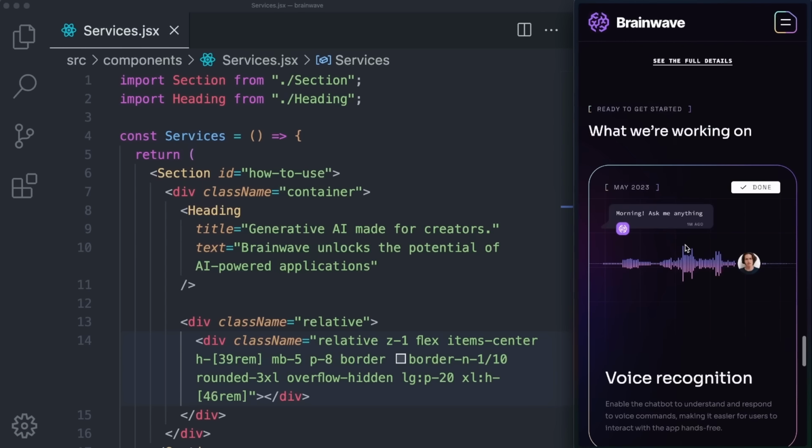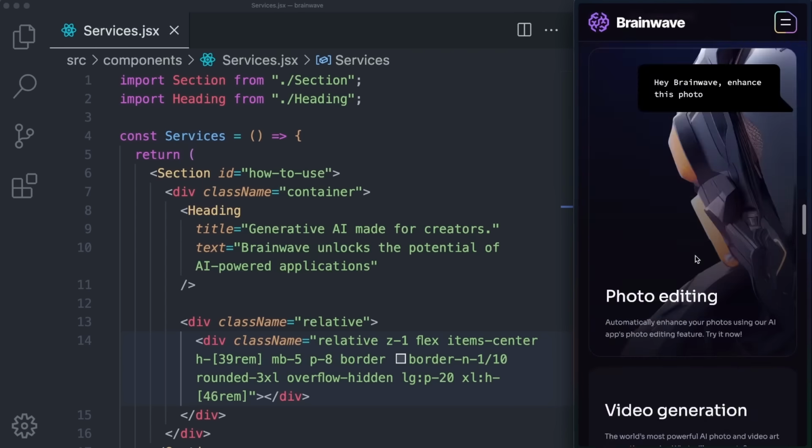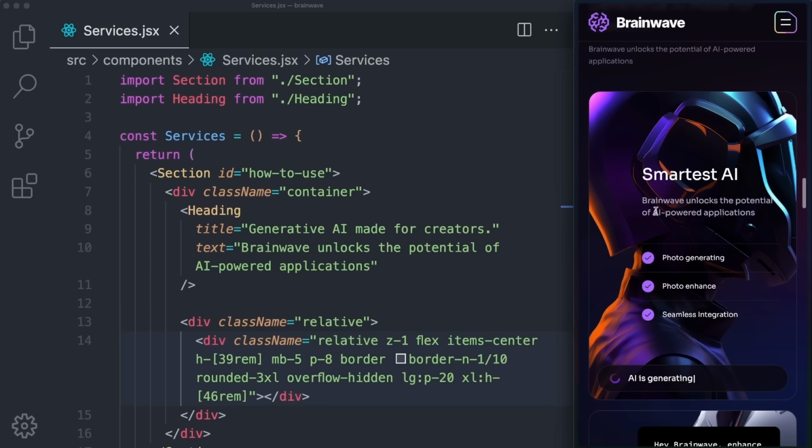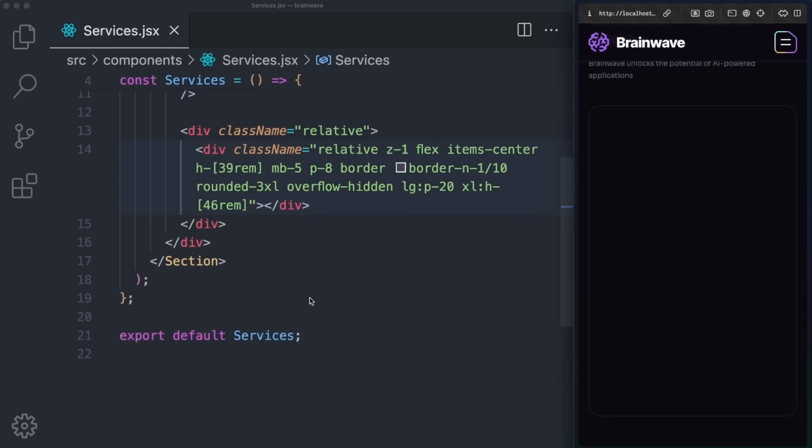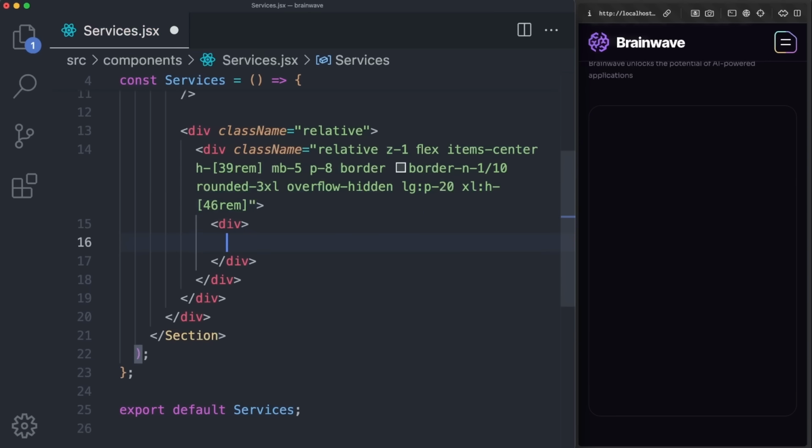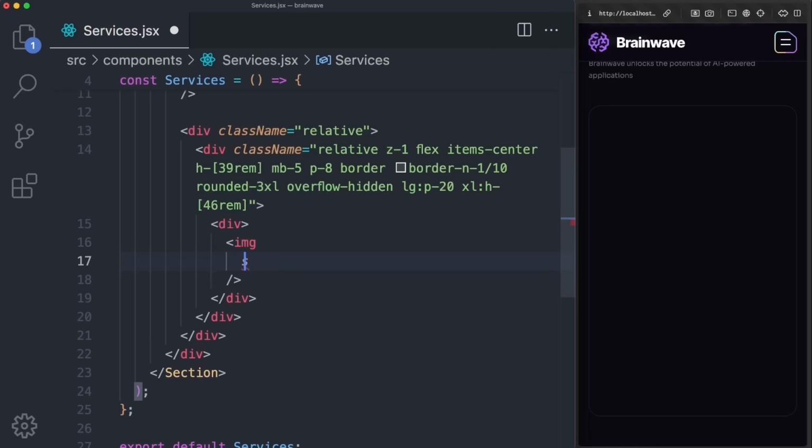And that something will look a bit like this. This is what we're creating space for. Pretty exciting, right? So, what do we do within that div? Well, we can create another div, and within that div, we can render a self-closing image that has a source